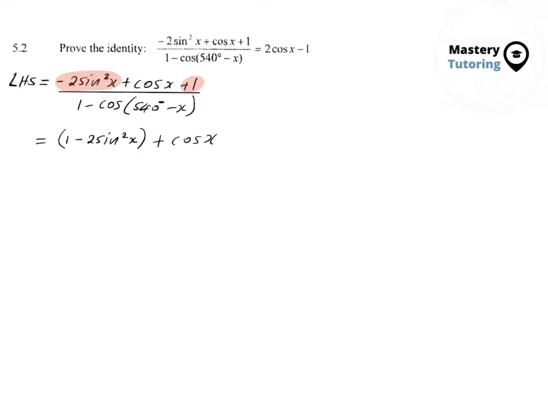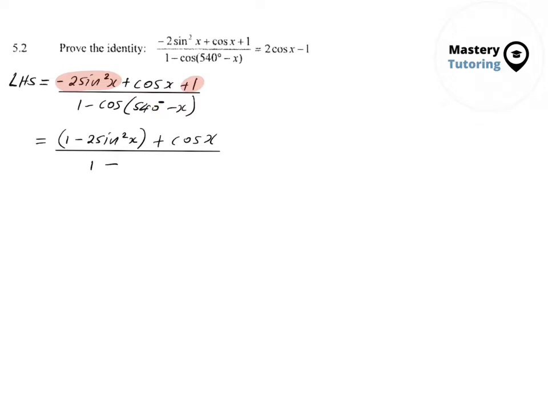If you pay attention, this expression and that is exactly the same. The only difference is that I rearranged the numbers, but they're still exactly the same numbers with the same signs. Okay, so now divide this by 1 minus, now I have a cos